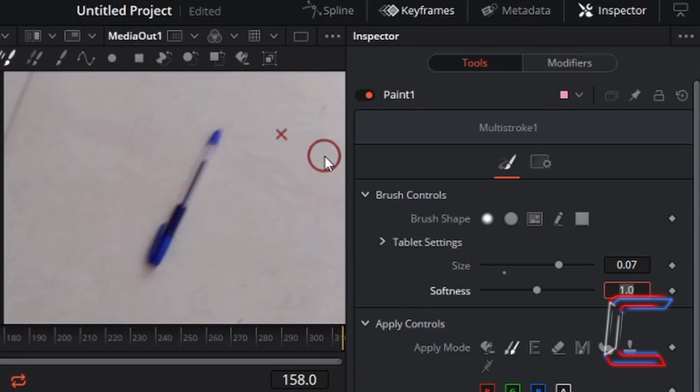If I go to the side here, hold in Alt on my keyboard, or Option if you are a Mac user, left click once, let go of the Alt button. Note how the X remains. This marks the point which I have copied on my image. If I drag my mouse cursor over to the top of the pen, left click at the top here and drag my mouse cursor down,